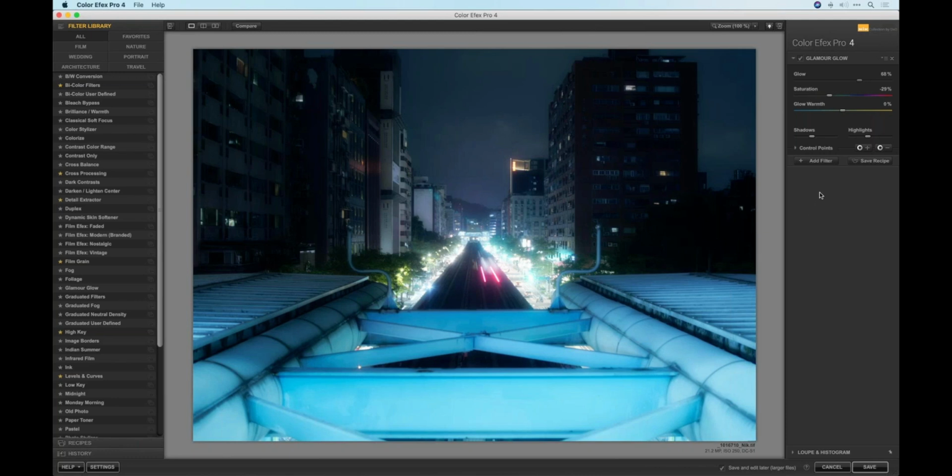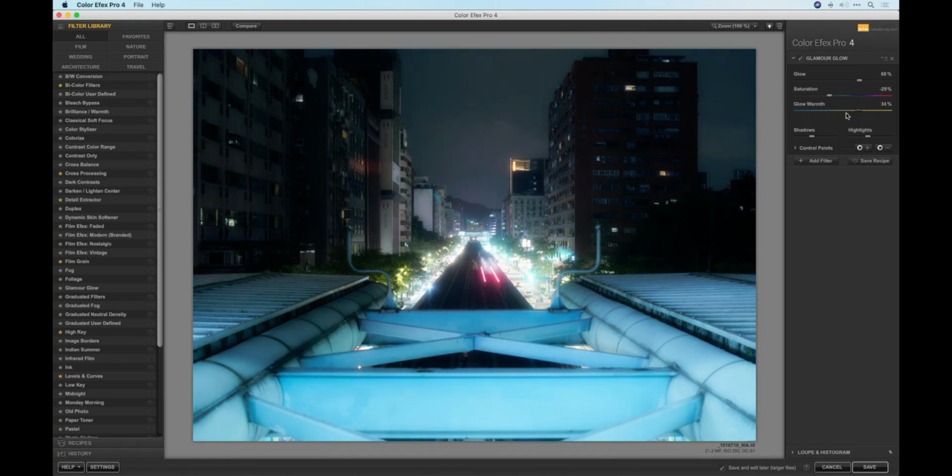All right, that's cool. I also have a warmth slider in here. The colors in here are very, very blue, if I remember correctly. I might be wrong, but when I shot this, I think I intentionally shifted the white balance manually to make it look even cooler, which I like down here, but not so much up here. I kind of want to put some warmth into this. So let's actually just start by taking the glow